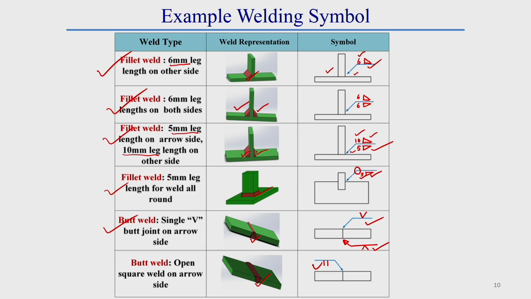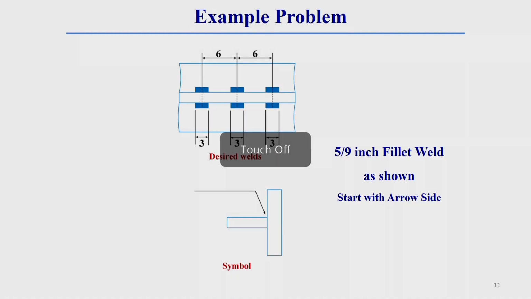In industry, this type of arrow and some symbols will be provided in a drawing. By seeing this arrow and its symbol, you have to recognize what operation you have to perform in the actual case. Once you have an idea of welding symbols, only then will you be able to do this in practice. Now, we will see different examples of welding operations.